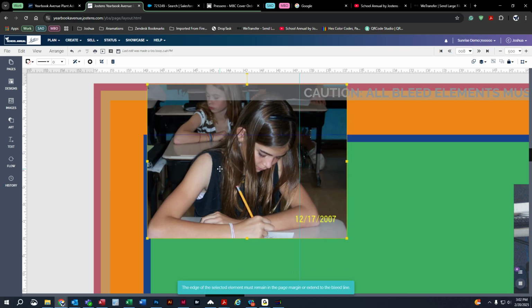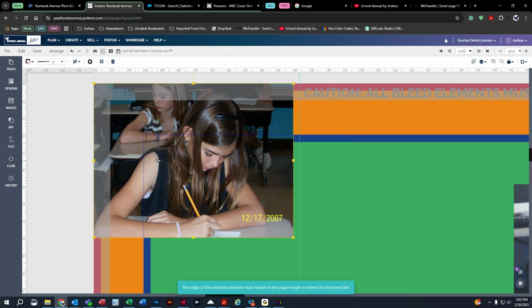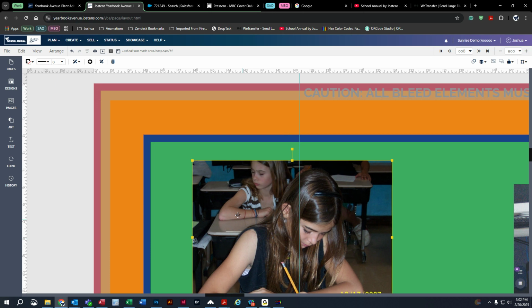Once you get into this area right here, this is where some images may have some issues. This orange area is kind of a caution area. This red area right here is where the bleed line will start. There is a 1/8 inch bleed line. There's a plus and minus there. That bleed line, that cut line, could be anything from